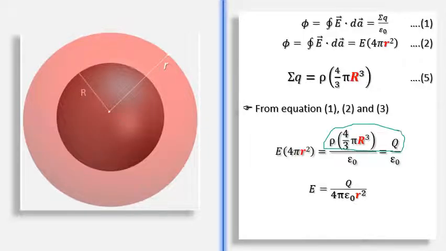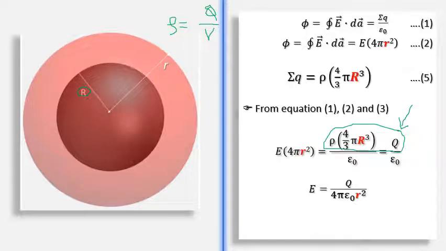We know that density, volume charge density, is charge per unit volume. Now here, which volume are we talking about? We are talking about the volume of the spherical charge distribution. So 4 by 3 pi capital R cube is the volume. If you take this V on the left side, you will have Q. That is what we have done here, because whatever charge you have, it is enclosed by the Gaussian surface. So you can simply write Q here, and then look at the result.